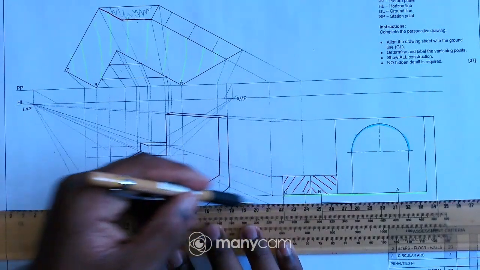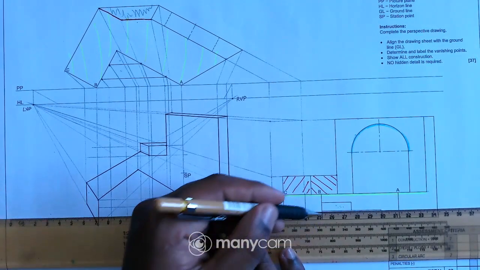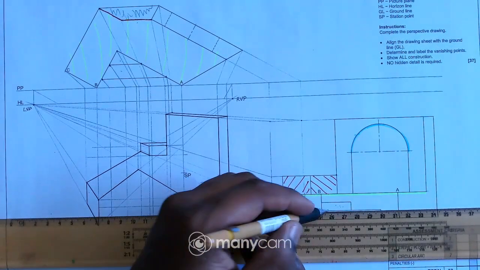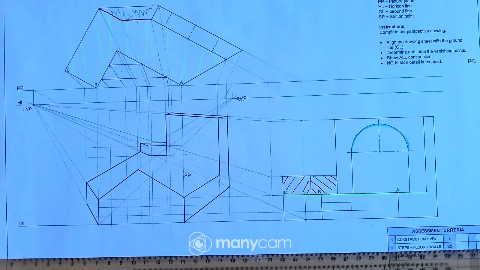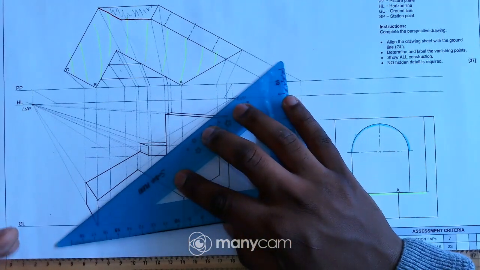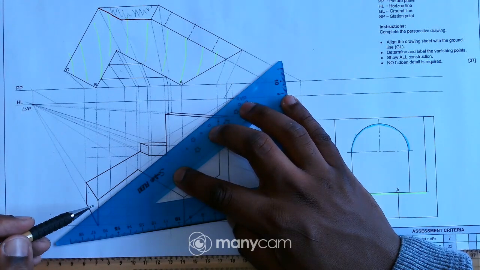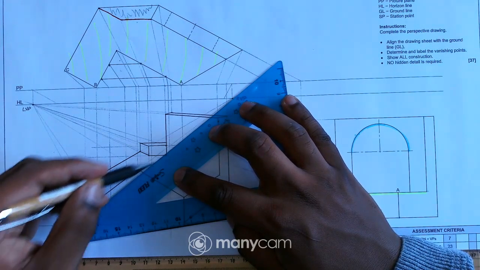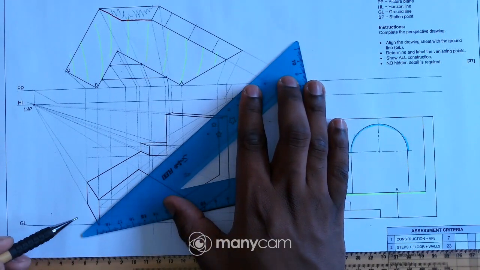So I'll start with this one, go straight to that line, and this height straight to that line. And then from there, I can take those heights to the RVP, just like that, and also this height like that.